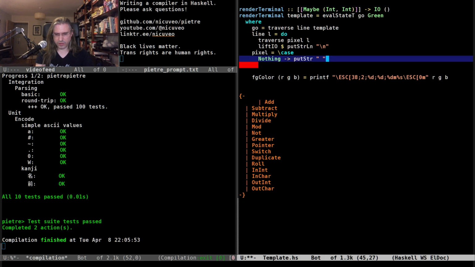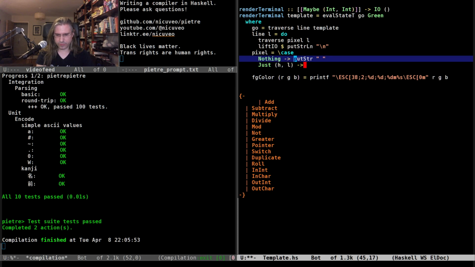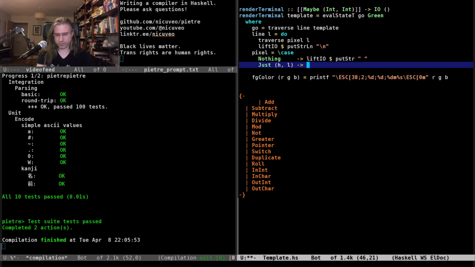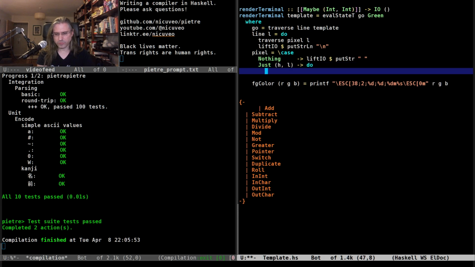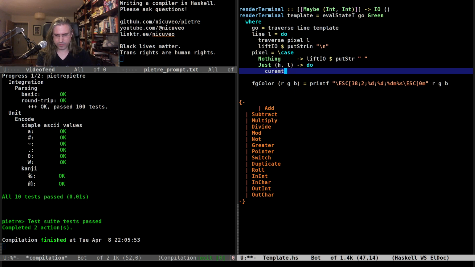And in the case of Just hue and light, what we're going to do is get the current color from our state monad.